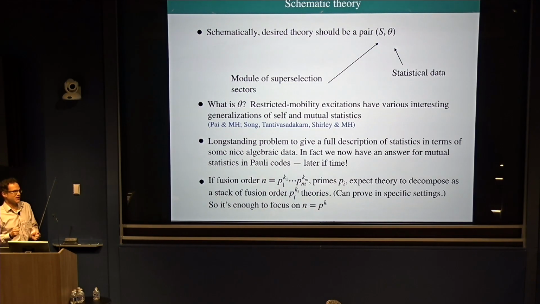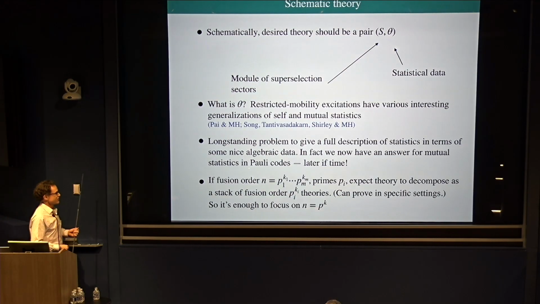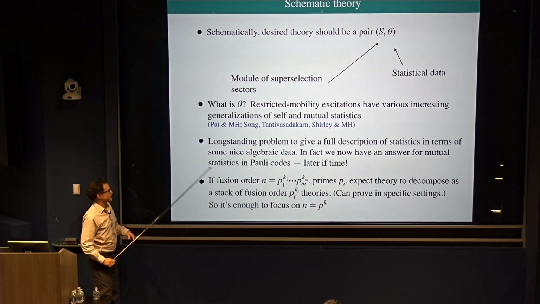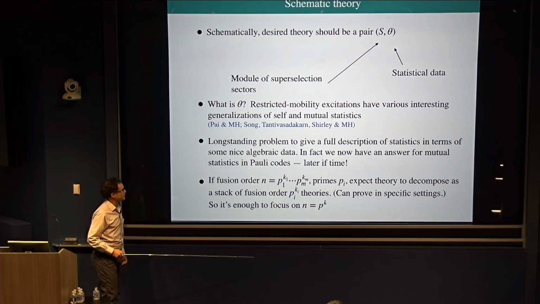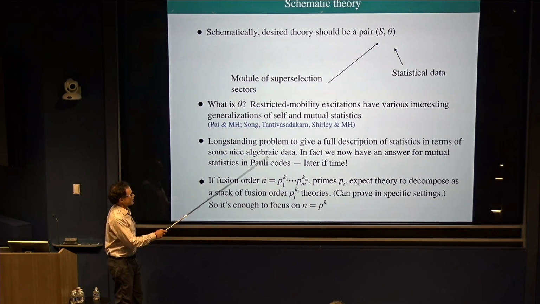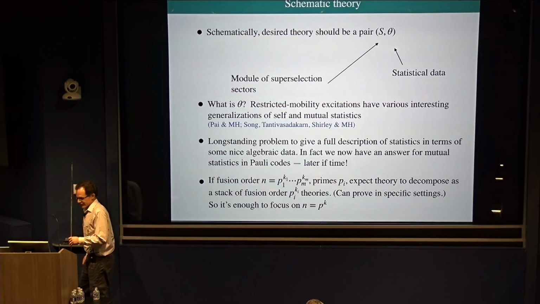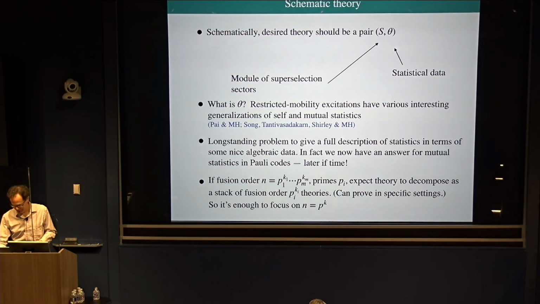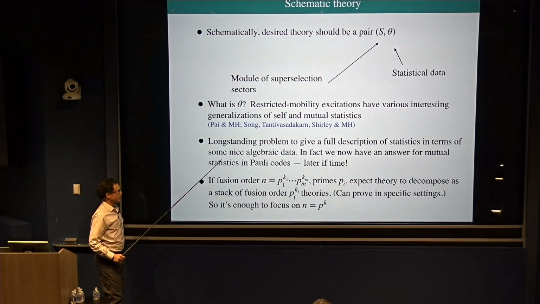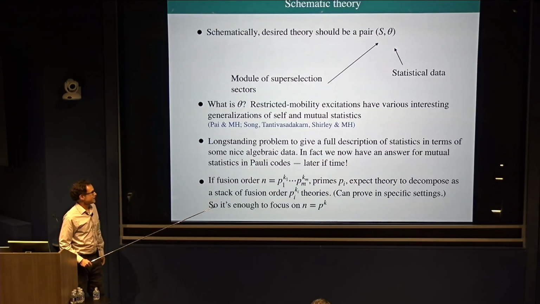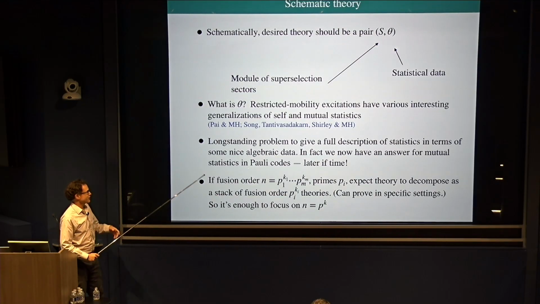Right? A fracton can still move, but you have to create other excitations. So rather than restricted mobility, which is the term we usually use, it might be better to say something like cooperative mobility. So there is some mobility, but it's complicated, and it's enough to define analogs of statistics. But we don't know how to give a full description of that statistical data in some nice algebraic way, okay? Or we haven't known. Actually, we now have an answer to this problem, in I think rather general Pauli codes,